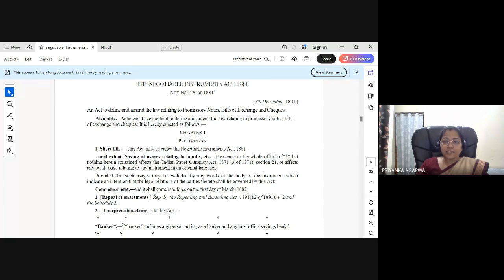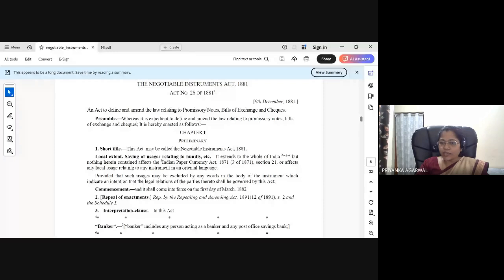See, there are two things: one is a negotiable instrument, and another is the Negotiable Instruments Act governing negotiable instruments. If we see the NI Act, there are only three instruments on which the NI Act is applicable: your promissory note, bill of exchange, and check. On these, the NI Act 1881 applies. But that doesn't mean that a hundi is not a negotiable instrument.